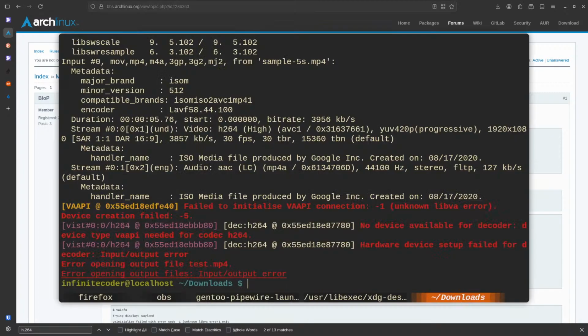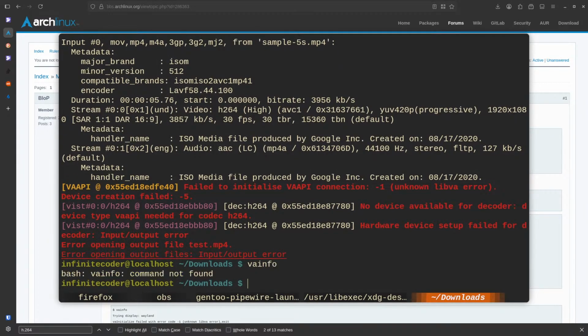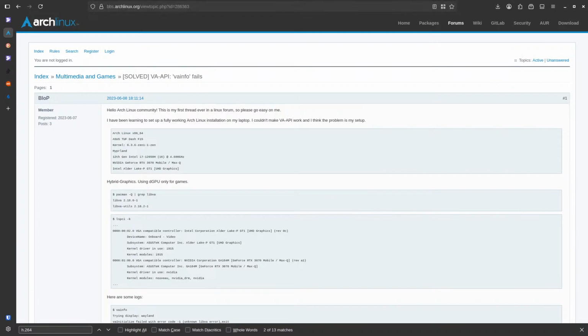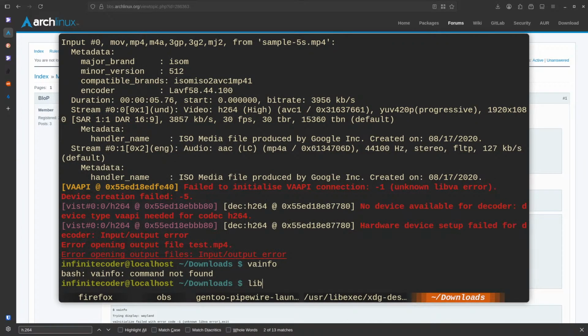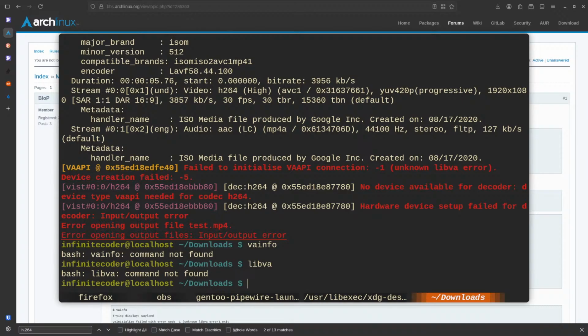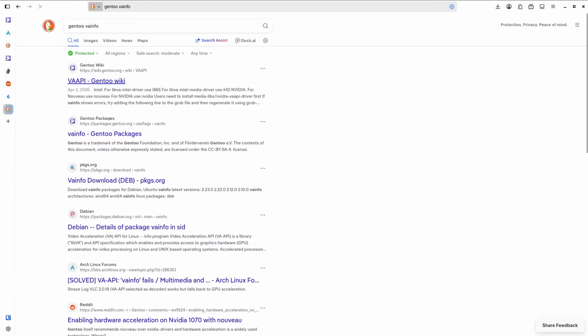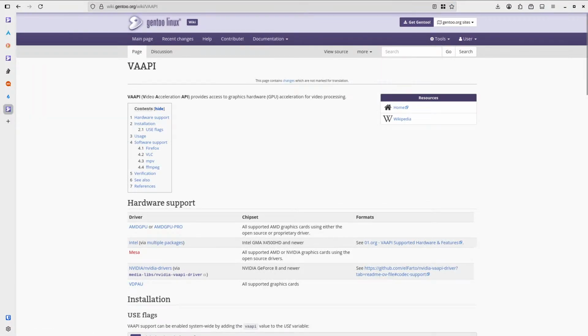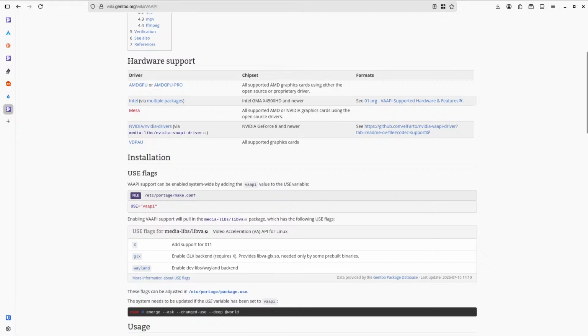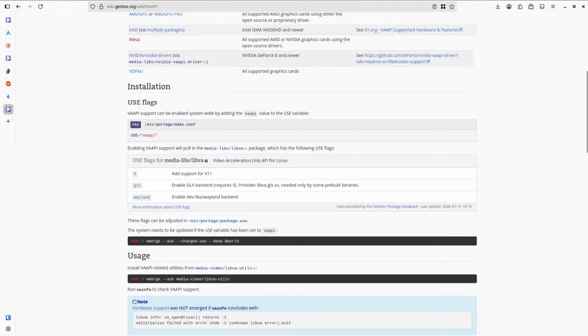Wait, I can try VA info. Vampire. No, I don't have VA info. Do I have libva? Gentoo VA info. VA API. Usage, installation, add to use flags.